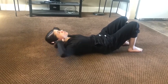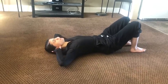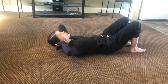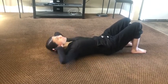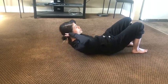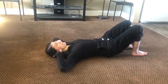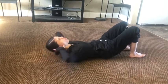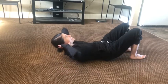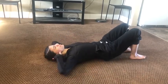So you should stay focusing on the ceiling and the scapulae come off the floor, okay? So that was 2, 3, 4, 5. Also, when you do crunches, you should be able to talk normally. If you can't, you're doing something a little wrong and you're not actually breathing. So make sure you're breathing. I think that's 12, 13, 14,